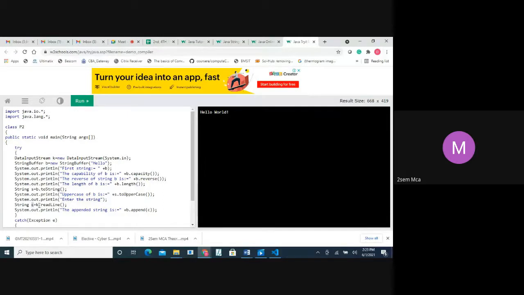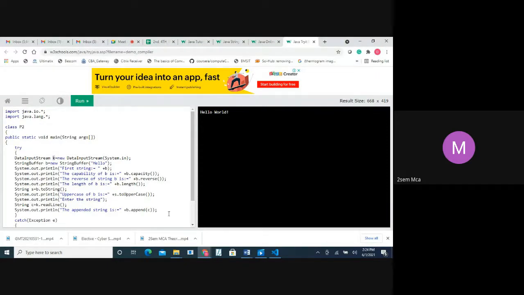So what is this K? You can see here in K we have created an object from the input, from where IO it is there. IO is a class, input output is a class. In that we have a method called data input stream. Why we are using it is, whenever we want some values from the keyboard, then we use this, and we have created an object and we have named it as K. So that's what here you can see, K dot read line. Whatever I take from the keyboard, store it in C.